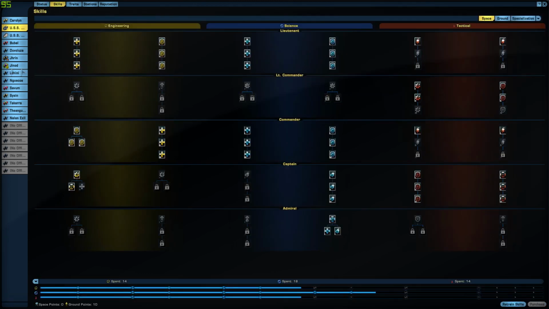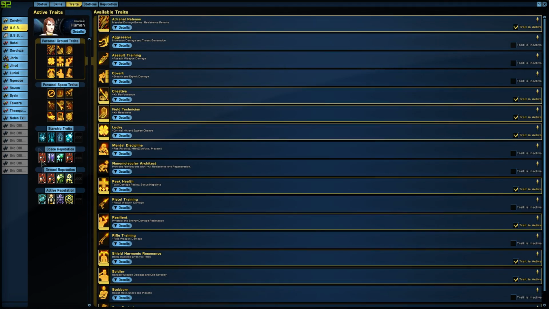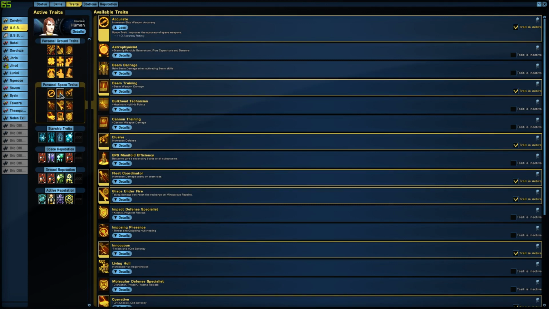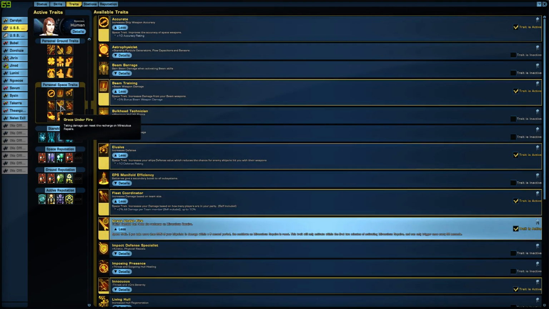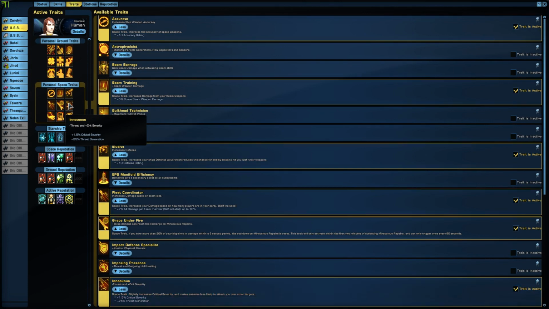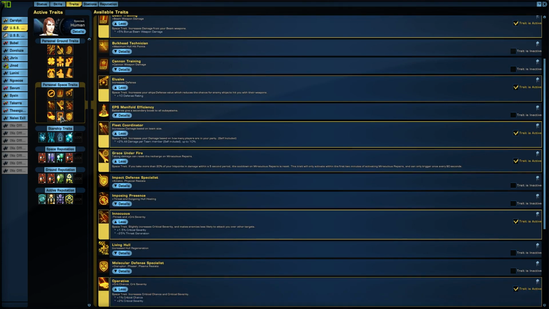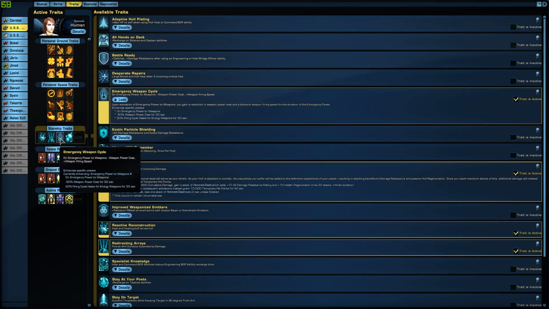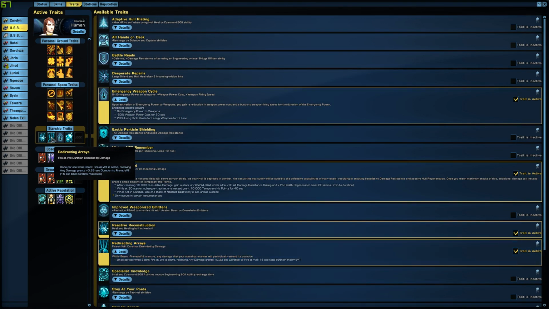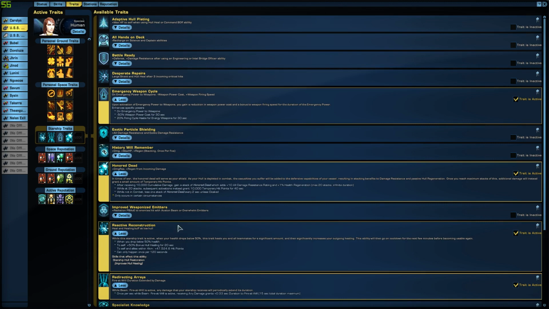Alright, so here's my skills, mostly in engineering and science with a little bit of tactical for backing. For my traits here, so I have accurate, beam training, elusive, fleet coordinator, grace under fire, innocuous, operative, techie, and shield frequency analyst. For my starship traits, I have Honored Dead, Emergency Weapon Cycle, Redirecting Arrays, and here is the